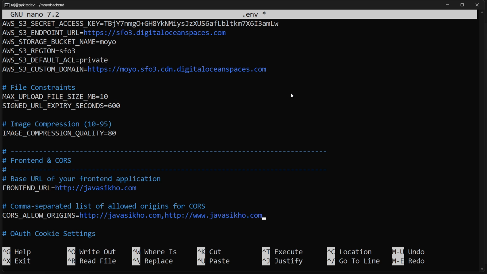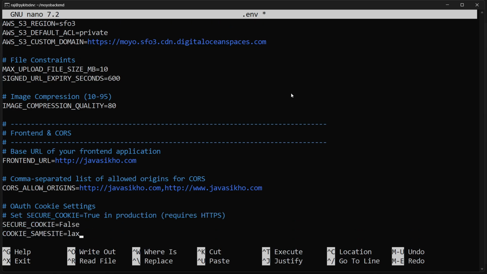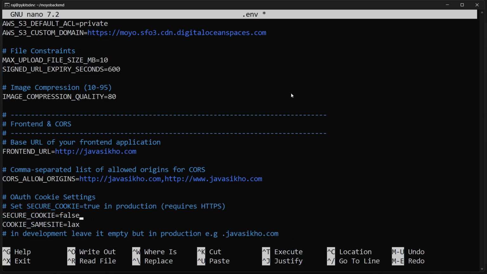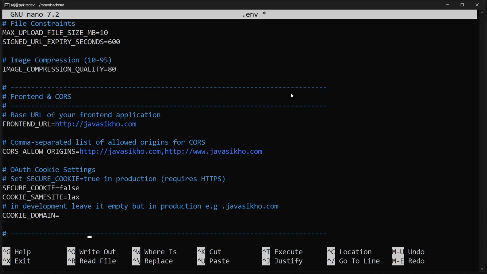www.javaseco.com. Please remember that we have to change HTTP to HTTPS after installing SSL. Now let's change secure cookie to true, but not now, only after HTTPS. For now it will remain false. Okay, so in development leave it empty, but in production you have to write